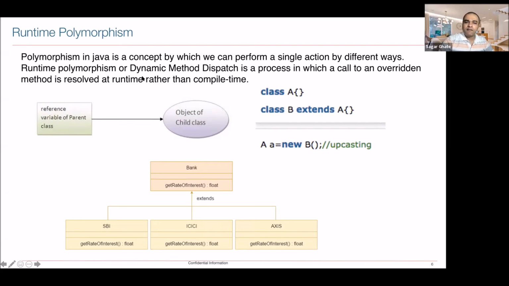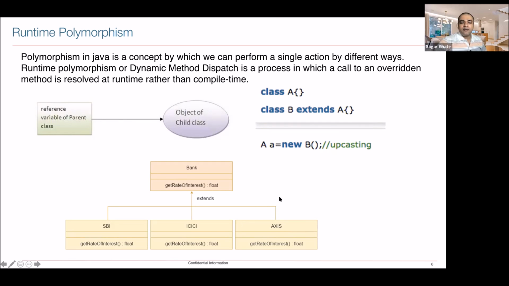So here also in Java, you can have that analogy. At runtime, we also call it dynamic method dispatch, because dynamically at the runtime it is going to be decided which specific method is going to be called. Example can be, say suppose, the same example, bank was there, get rate of interest, SBI, ICICI and Axis.